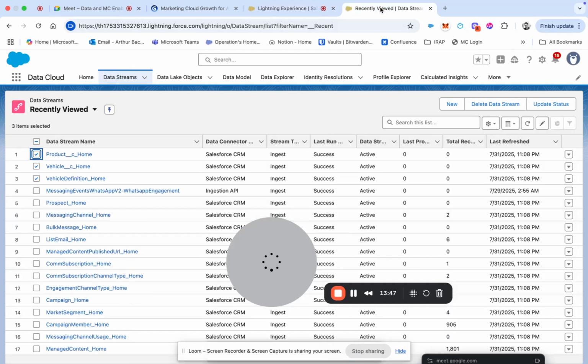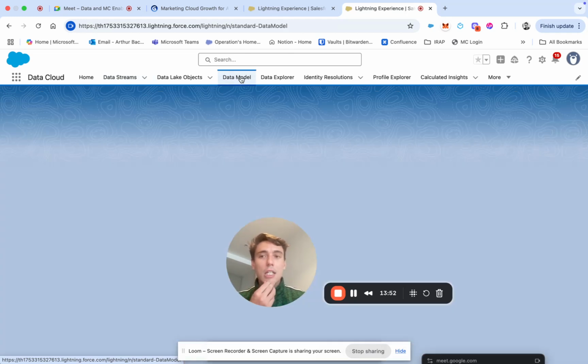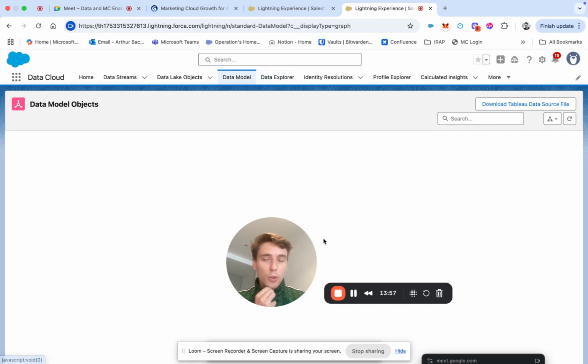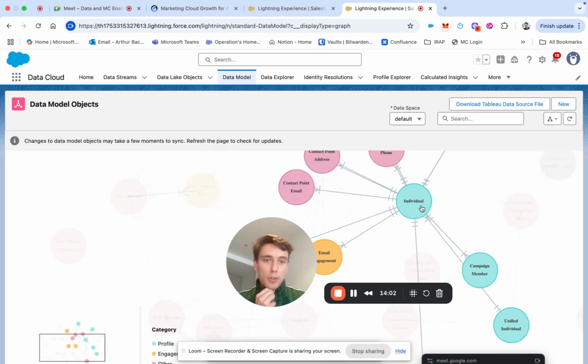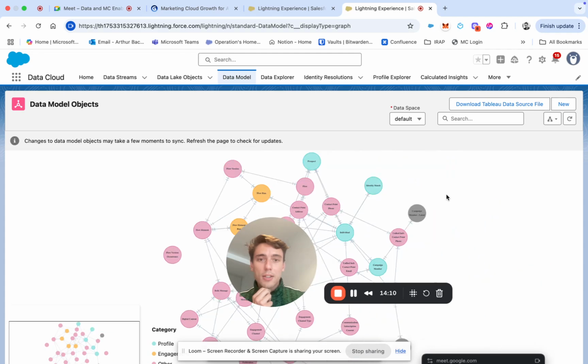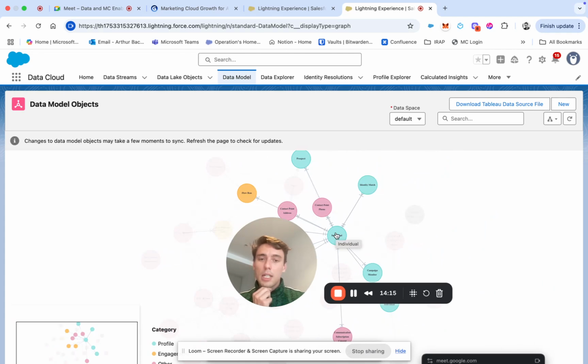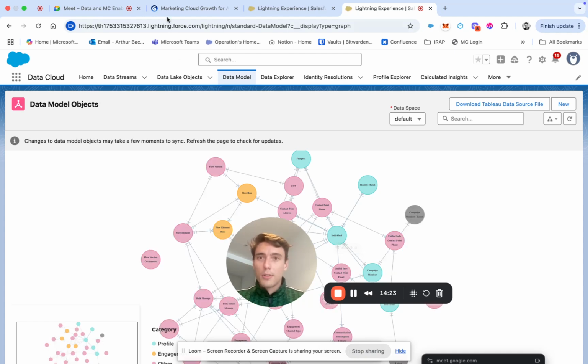unified individual object. So if I just go into data model, so I go back to Data Cloud, I will just show you quickly the graph, and you can really see the unified individual object is here. So you can really see that it is the most important object that is part of the galaxy, the universe of Data Cloud data model objects. Okay, so let's get back to